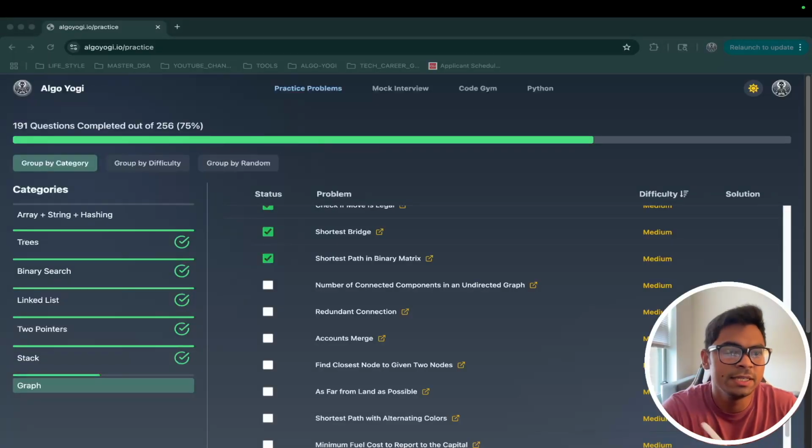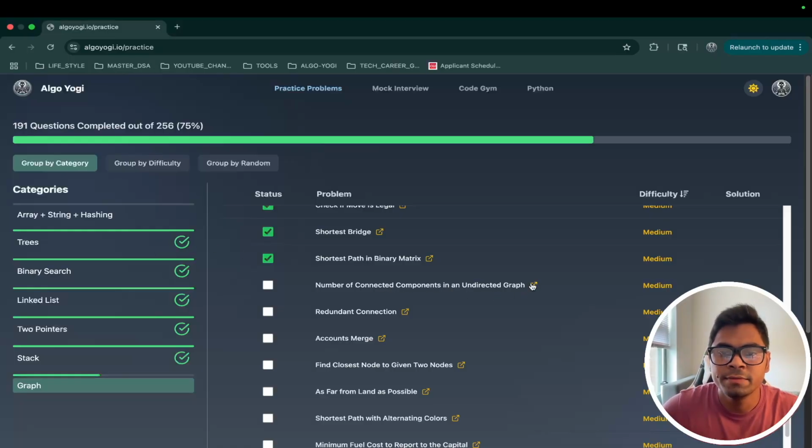We are doing the graph series, and our next problem in the list is number of connected components in an undirected graph. If you have tried to solve this problem on LeetCode, you would know that it's a premium problem, but